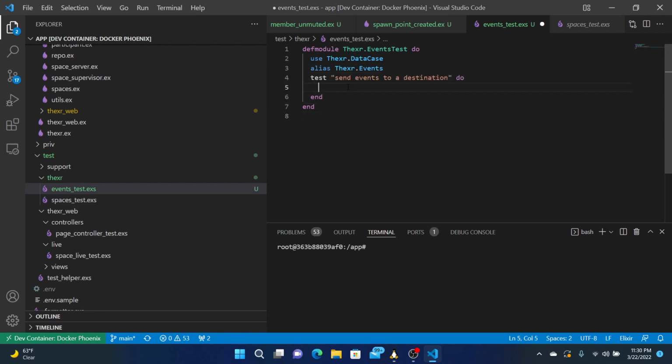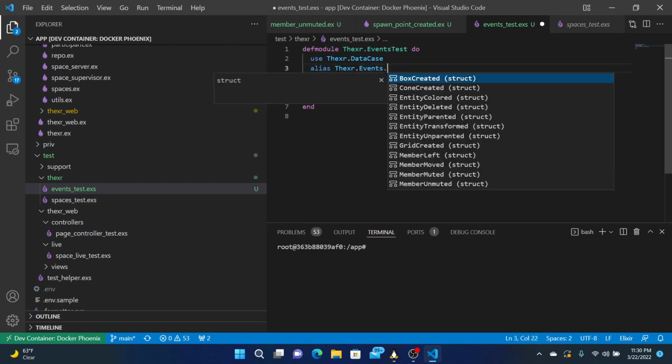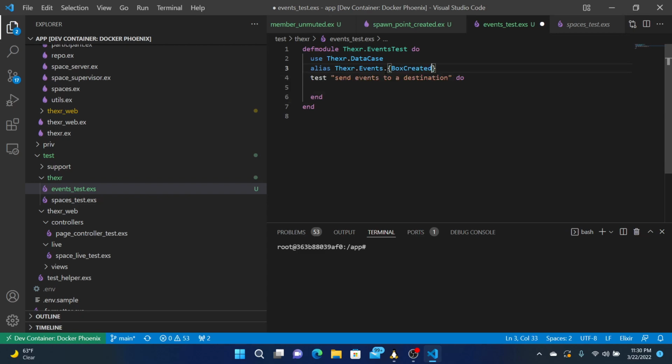Does that mean I can use just box created? No. Can you do that? No. I don't really have to alias them.